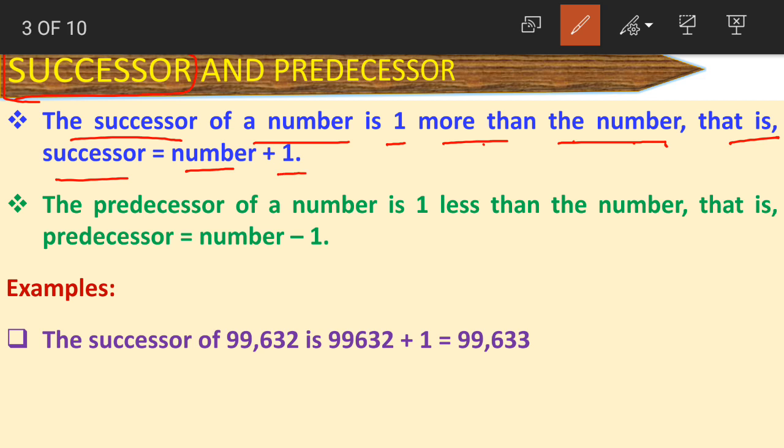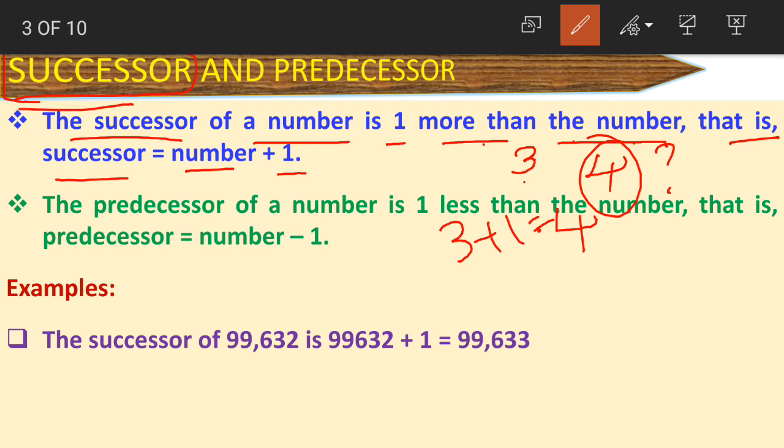Now what is success, children? We say that we have done something successfully only after completing that work, right? In the same way, a successor always comes after a given number. When I ask you what comes after 3, what will you say? 4 comes after 3. Now how did this 4 come? 3 plus 1 is equal to 4. Yes or no? 3 plus 1 is equal to 4.